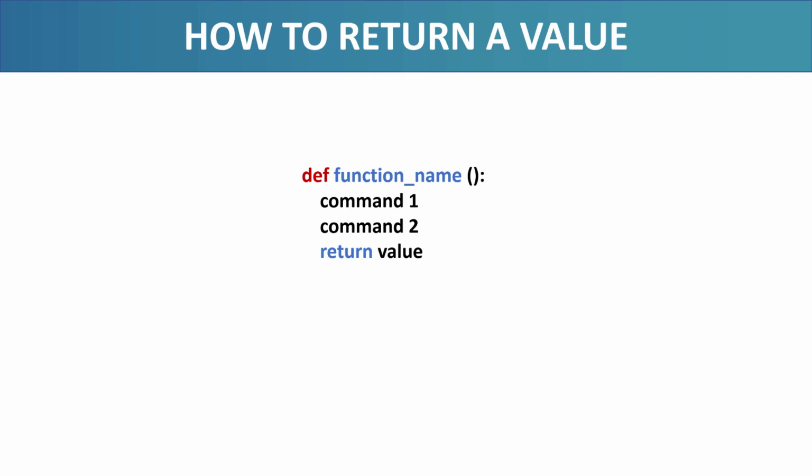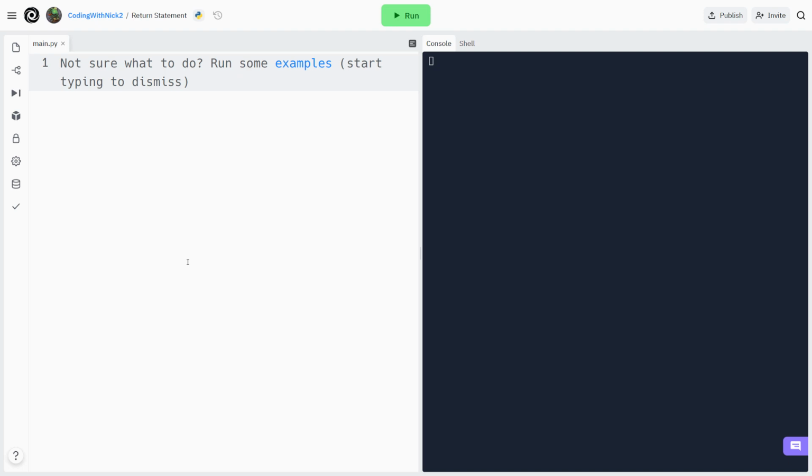Let's create a simple function that will perform a specific task and it will return some information when finished performing the task. Let's create a function that will calculate the square of an input number and it will return the result. def square(number): Two spaces, result = number * number. Now we have to return the result. It is very easy. We just type the keyword return and the value we want to return. return result. That's it.